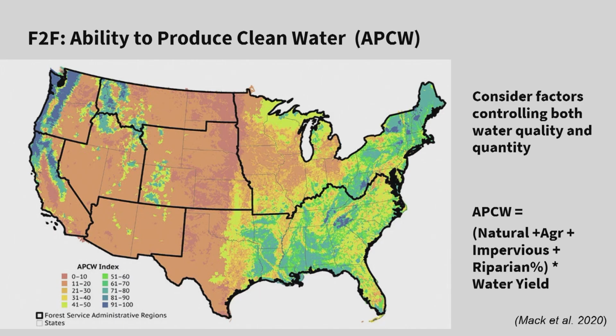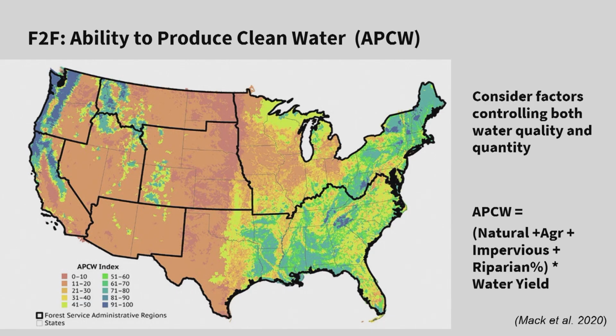There are two factors affecting this, both quantity and also quality of the watershed. If your watershed has more forest, then you provide more clean water, because forest land generally has higher water quality. Also quantity: you have clean water, but you don't have a lot of water to begin with. So those two factors affect the ability to provide clean water. You can see, even with those very simple concepts, there are a lot of layers involved.